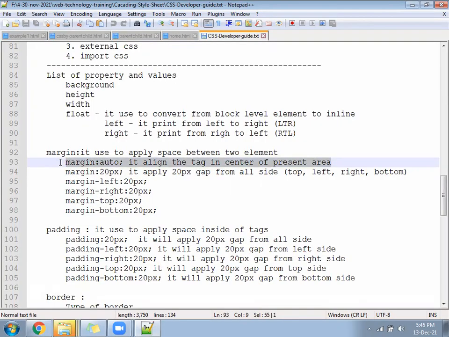We have written the service block today. If we remove margin auto, it will come on the left side. But if you want to bring it in the center, you have to use margin auto. Then only it will come in the middle.